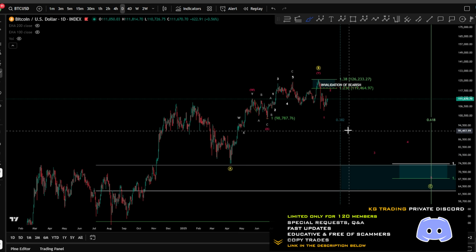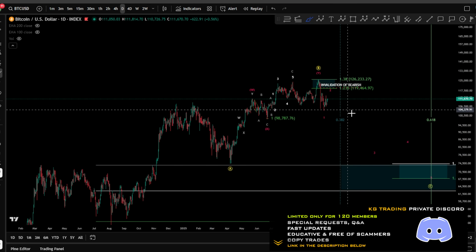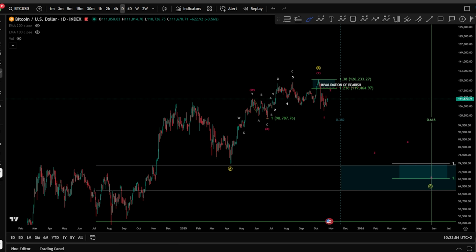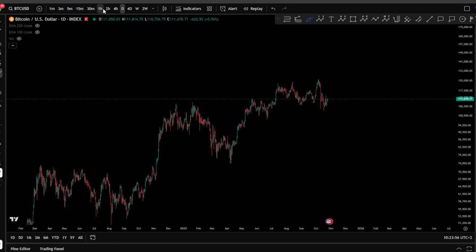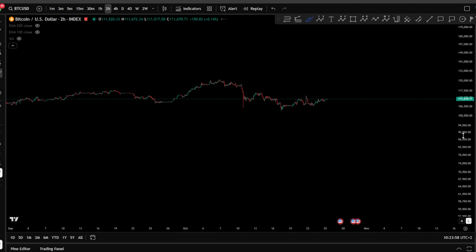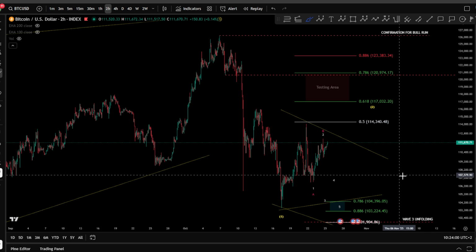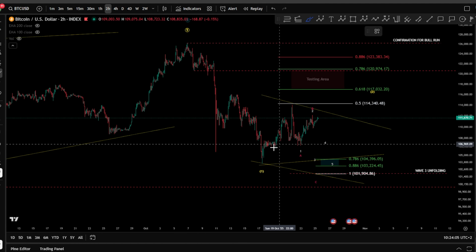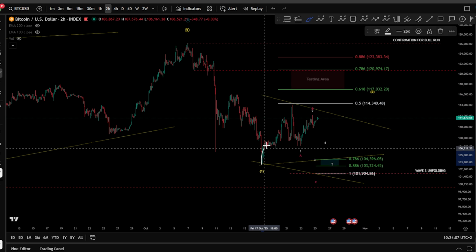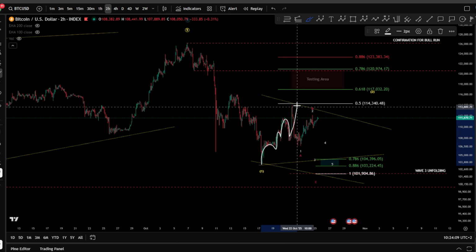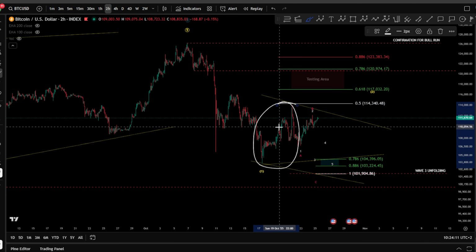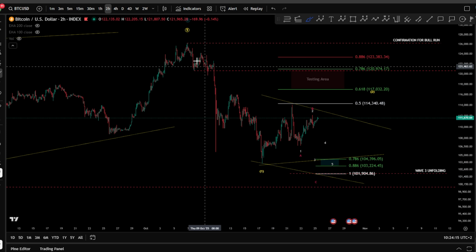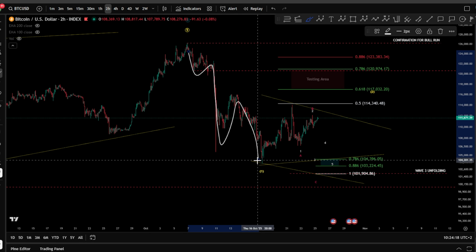So very, very likely that this scenario is unfolding so far, until, of course, some signal will be given on the micro level. Now, on the micro level, if we move inside on the 2-hour chart here, this is what I'm talking about, why we cannot really say that we are really bullish, because of the answer given already in this zone area here, once you get the low, which is potentially a wave 1 after a 1, 2, 3, 4, 5.